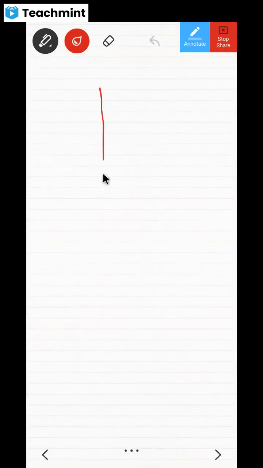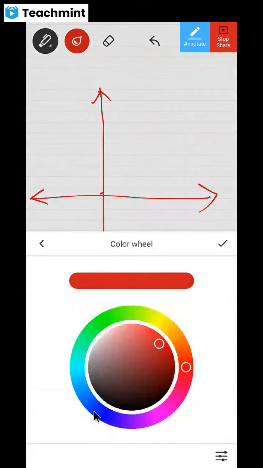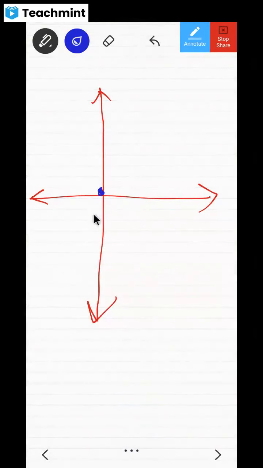Now this y-axis is there, and this x-axis is there. I'm agreeing with that, and definitely we have so many points here. This is 0, and this is 1, and this is 2, and this is -1, -2, and this one is 1, and this one is 2, and this one is -1, -2. All those things are there.